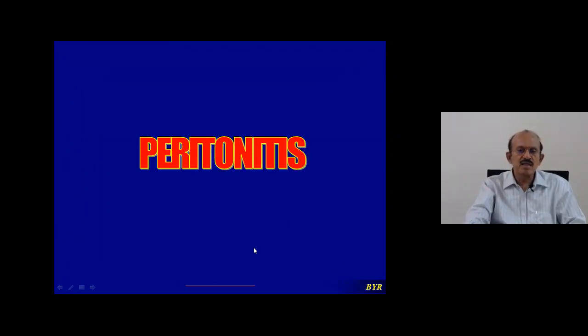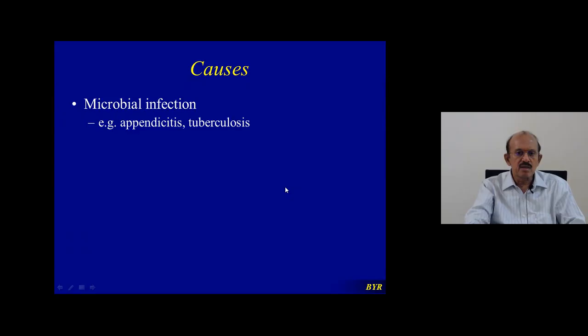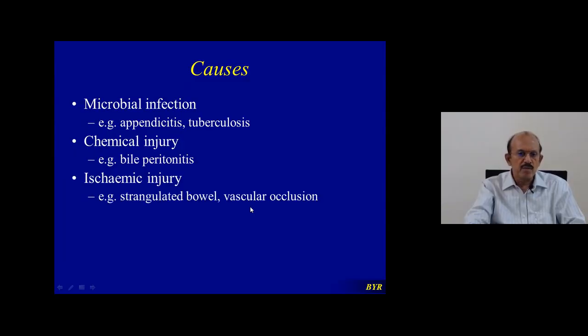Then let's discuss the diseases of the peritoneum. Peritonitis. Peritonitis is inflammation of the peritoneum. Causes: microbial infections like appendicitis, tuberculosis; chemical injury due to leakage of bile producing bile peritonitis; ischemic injury, strangulated bowels or vascular occlusion causing peritonitis; the direct trauma